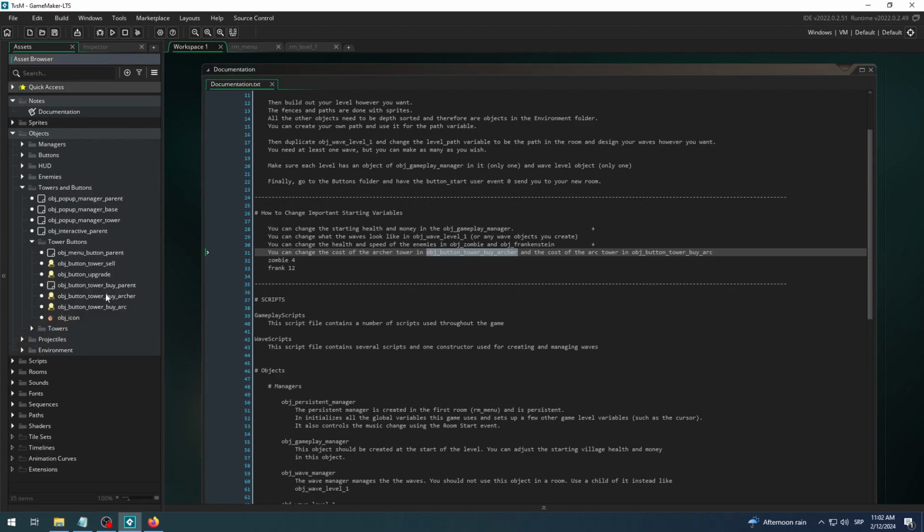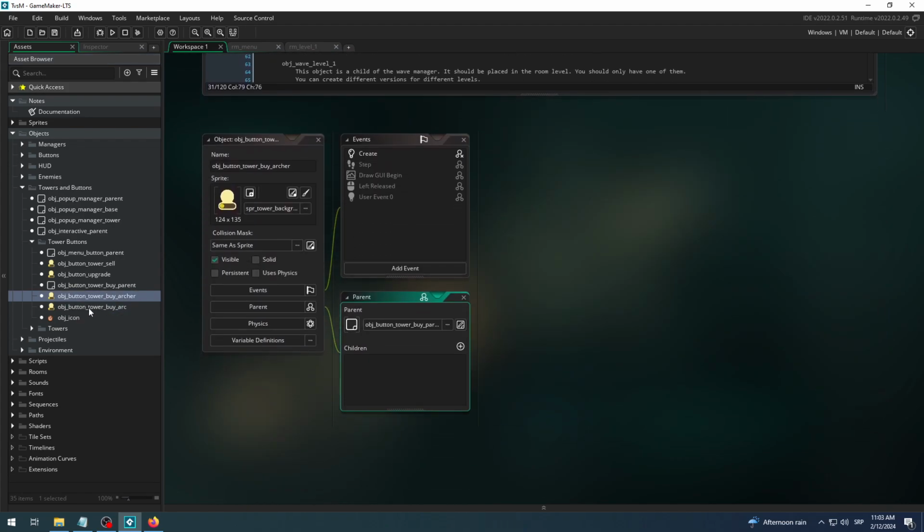Yeah, here it is, obj button tower by archer and obj tower by arc. So those two elements, objects, are what we need. So I'm going to click to open the first one. It's object with, I haven't explained these